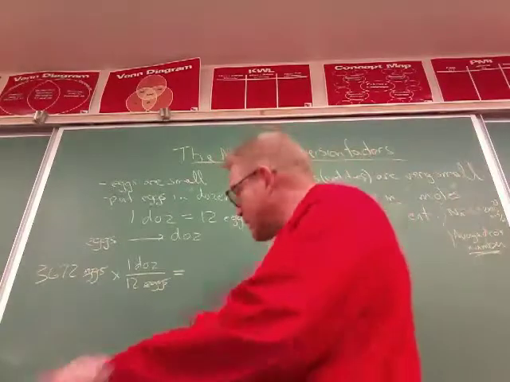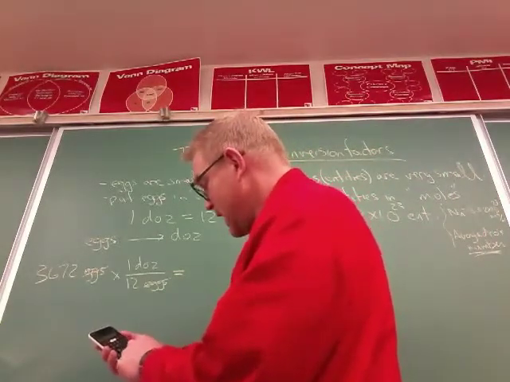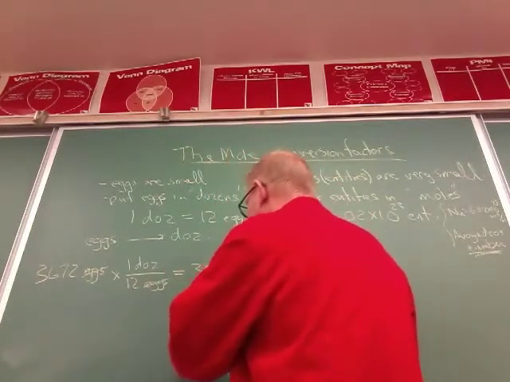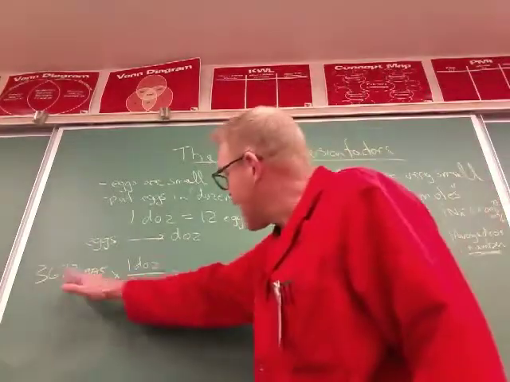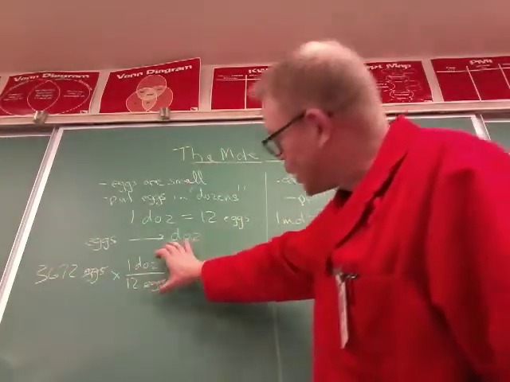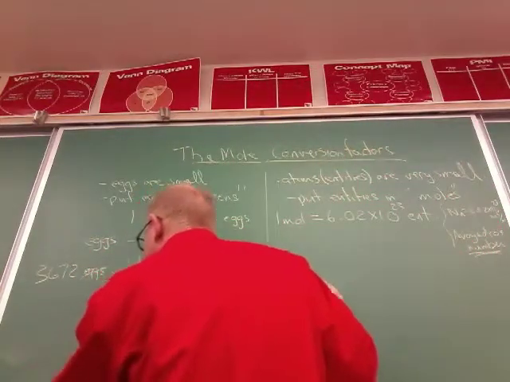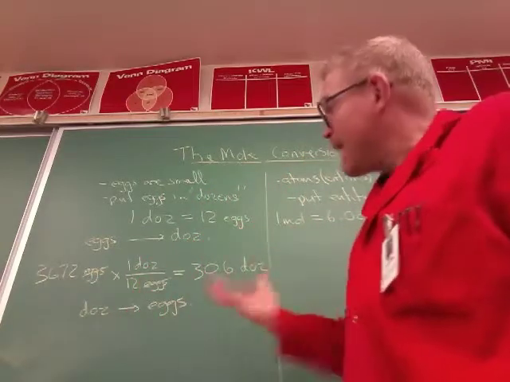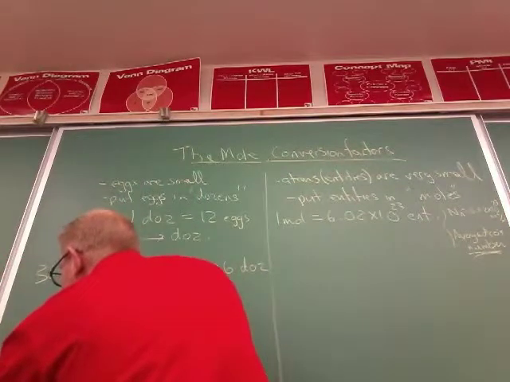I'm now going to get my calculator because I have no helpers. 3,672 divided by 12 equals 306 dozen, all right? So I can take my eggs and figure out how many dozen there are using this conversion factor. If I wanted to go from dozens to eggs, all right, I can do the same but the opposite. Let's say that some store had an excess of